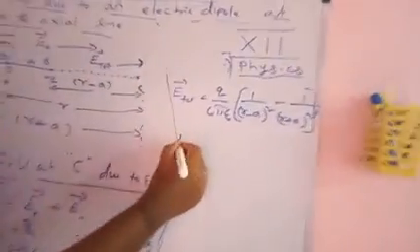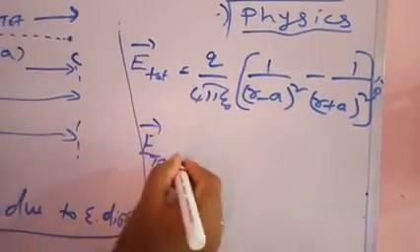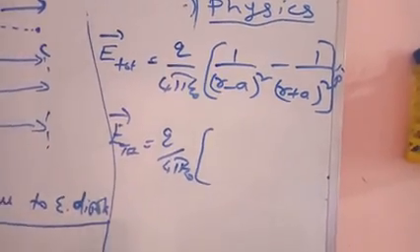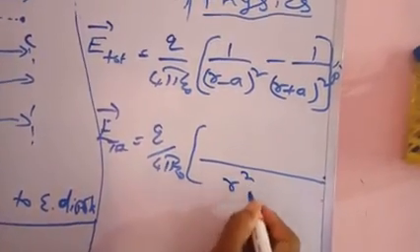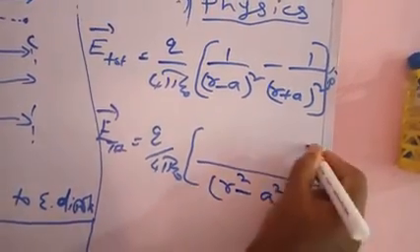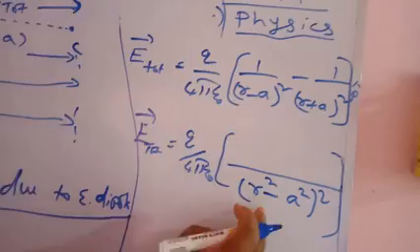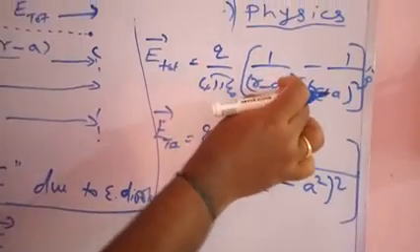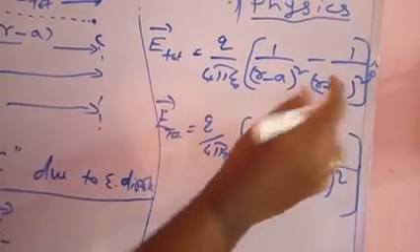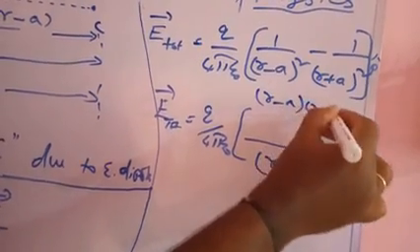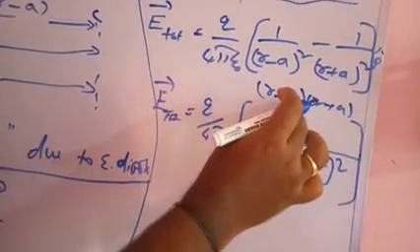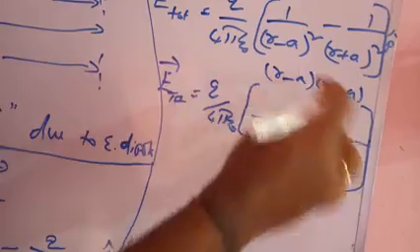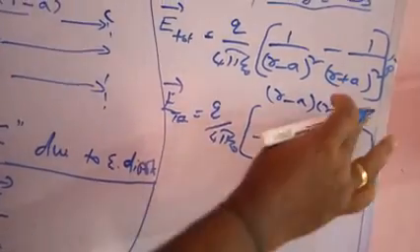Now take the LCM. E total is equal to q by 4 pi epsilon 0, then take the LCM, so here it is (r squared minus a squared) the whole squared. This is by way of (a plus b) into (a minus b). Here, r minus a, r minus a, r plus a, r plus a. One r minus a into one r plus a we take as r squared minus a squared. Another r minus a into another r plus a, we can take r squared minus a squared. As a whole, (r squared minus a squared) the whole squared.